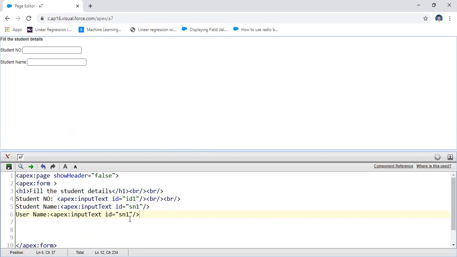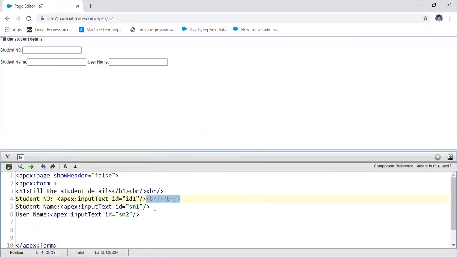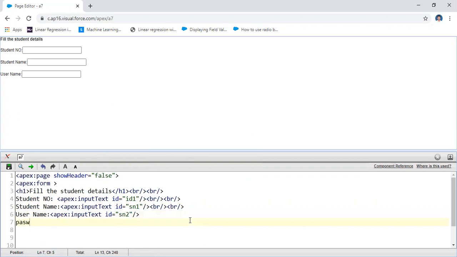Here I'm taking the input text, and for differentiating only I am taking the id value. Yeah, you may take the break here. After that if you execute this one, after that username, and then username and password. Next thing, I want to display the password here.